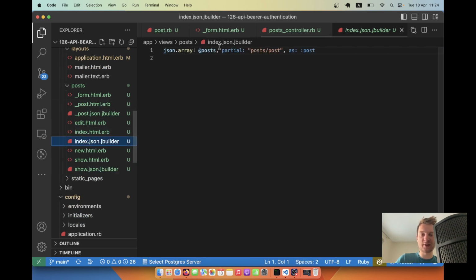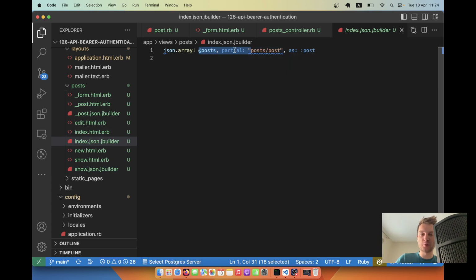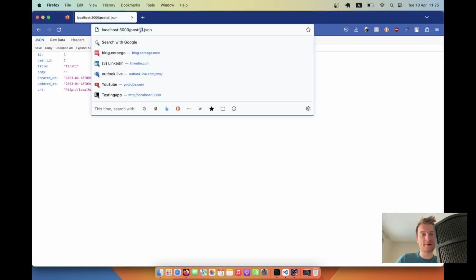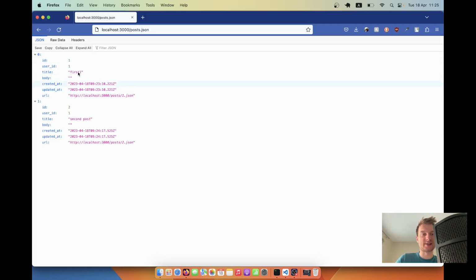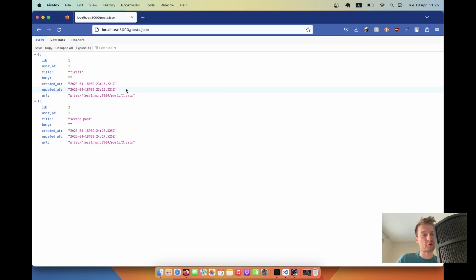and going to the index, for example, it iterates through all the posts and renders the partial post. It renders this partial. And let's just go back. Right, it renders this partial 2 times because we've got 2 posts. And for example, I will remove this updated_at, refresh, and you see updated_at is not displayed for the